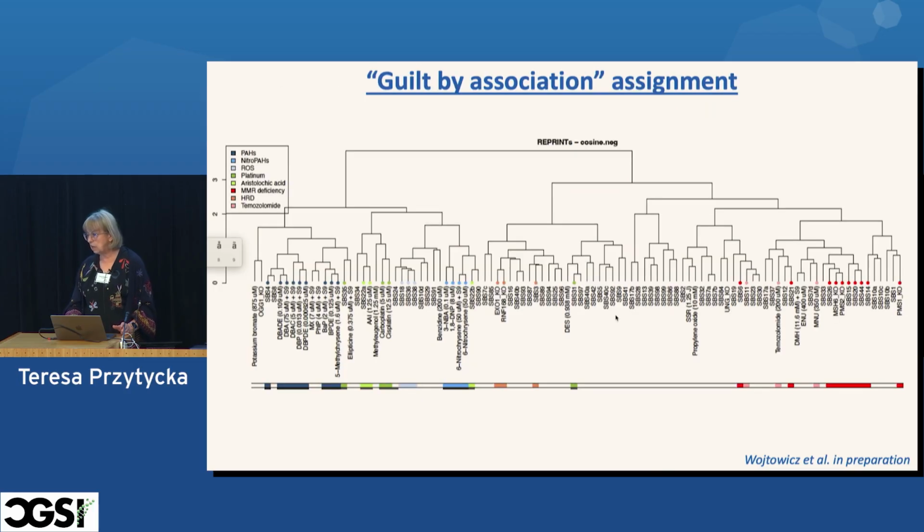So once we have that, we hope that we can use this tree that we built and use guilt by association and pick up some signature for which the DNA repair mechanism may not be known, or perhaps we didn't know, right? And see if it's correctly predicted. And that's indeed the case. So going back to this group here